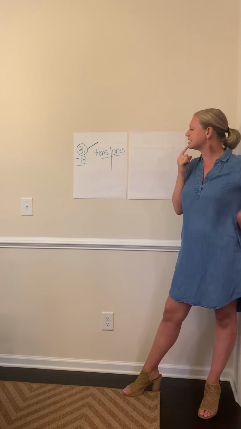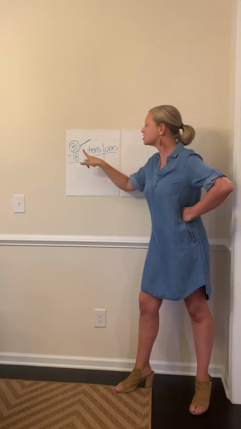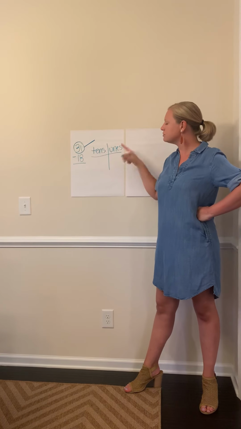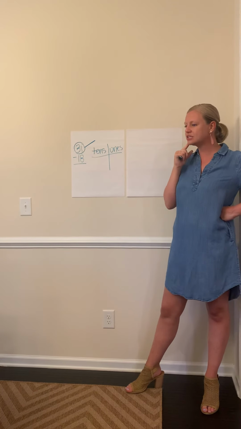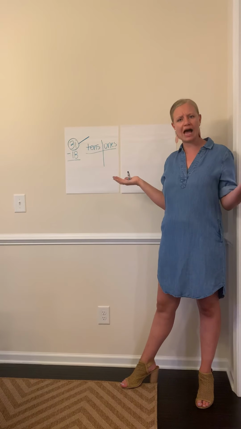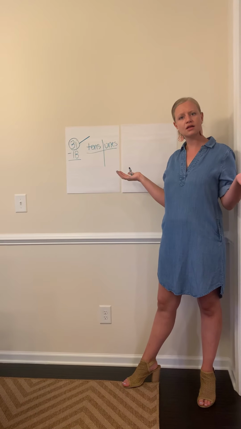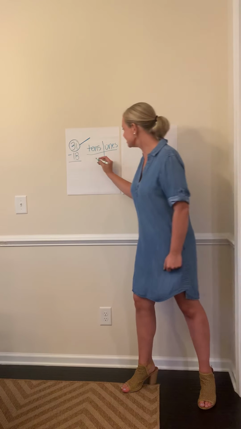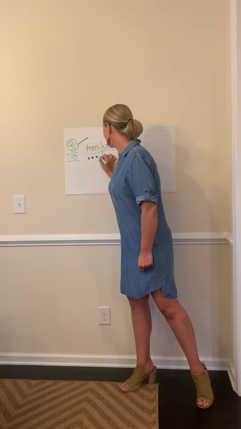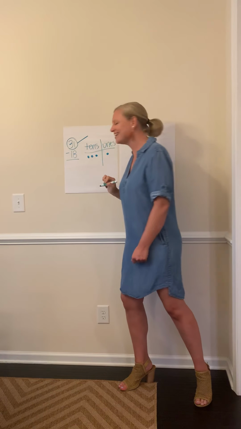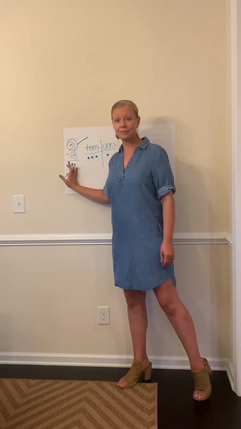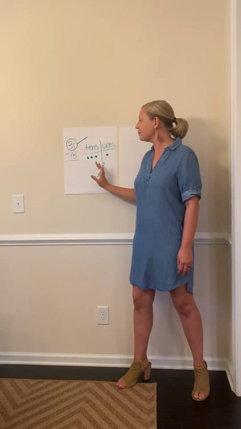So let's think. How can I break apart this 31, my whole, into its units to be represented on my place value chart? How would I say 31 as unit form, class? 3 tens and 1 one. Yes, 3 tens, 1, 2, 3, and 1 one. Nice job. So now I have my place value chart that mirrors my written form, and I'm able to start